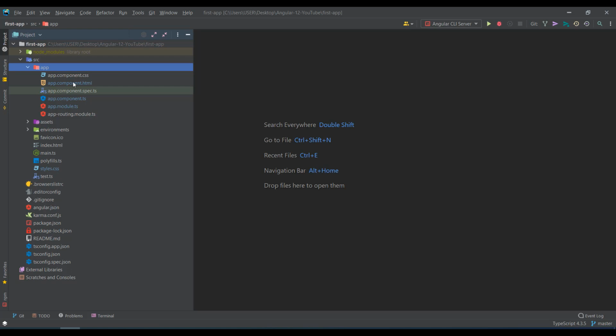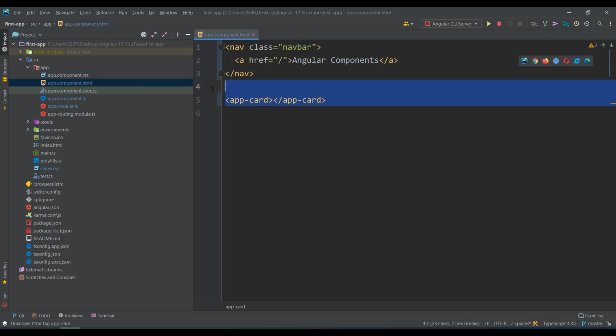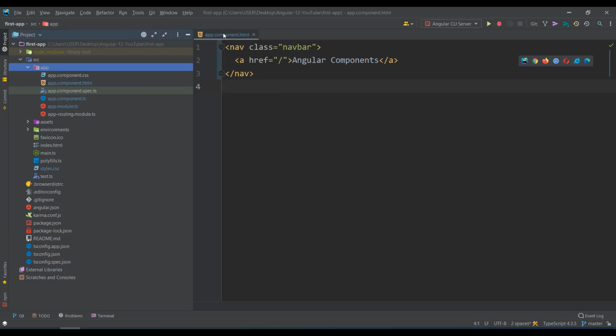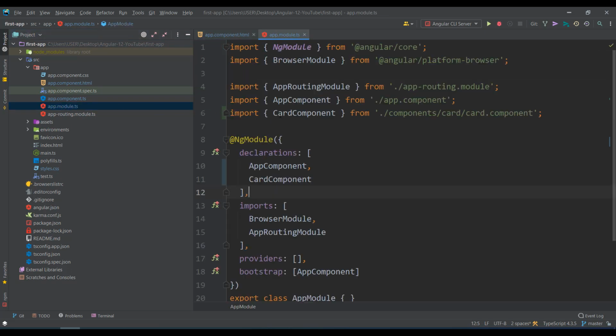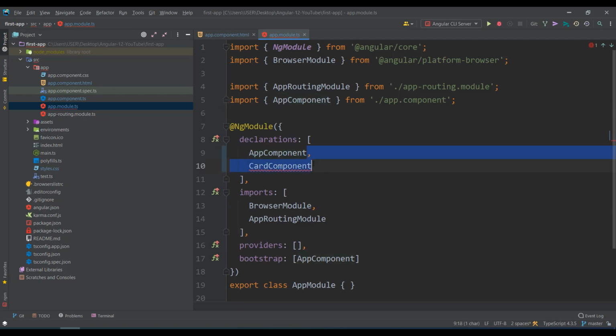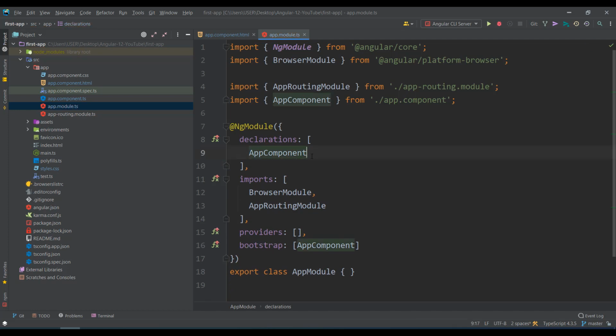If I delete it, I go to app component and remove the card. So you remove the components folder and you remove the component from the app, that's fine. Some other place also that card was used, you know where, app module. In app module it was configured, right? So just go to app module again. See, card component is there, but now we have removed it. So you must remove the import statement and you must remove the card from there. Now save it. So now your application is back to original.